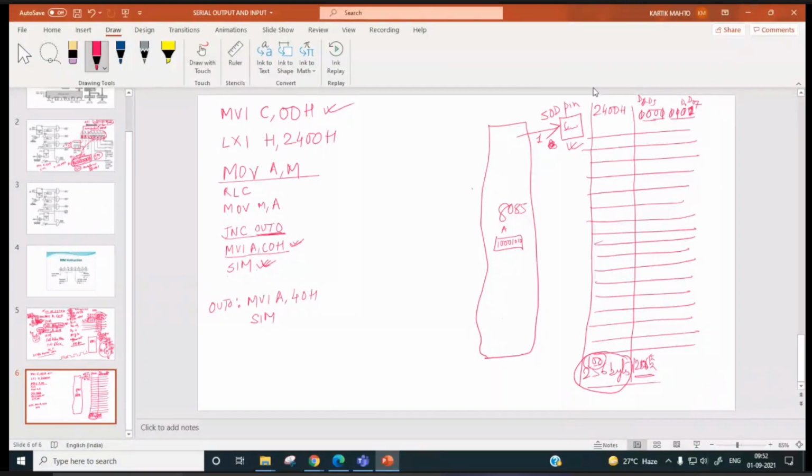Theek hai? If carry is there, then it will out over here, and if carry is not there, then it will do this. Now I am doing this JMP out next bit. So after outing D7, which is 1, it will jump for outing the next bit. So out next bit will be over here.